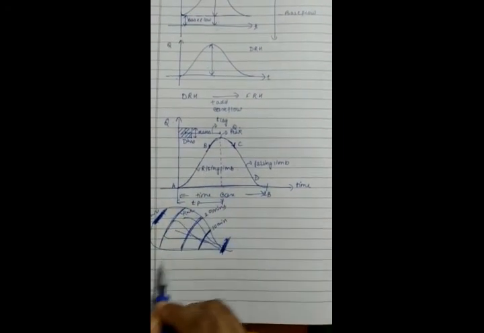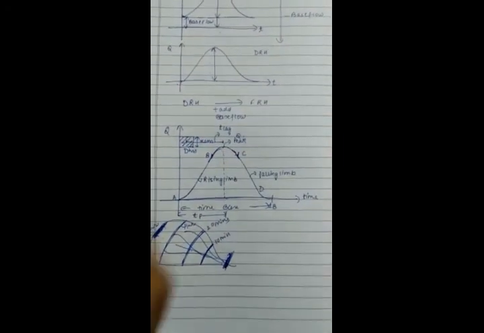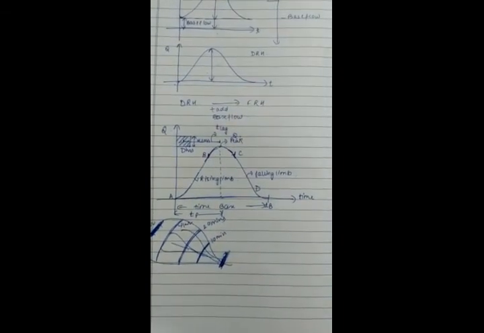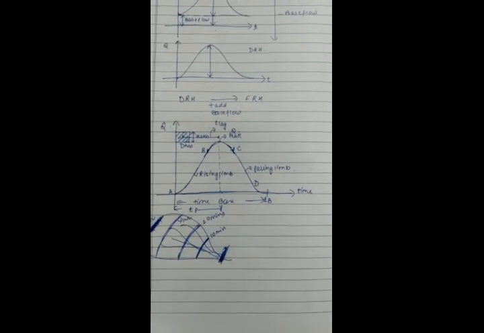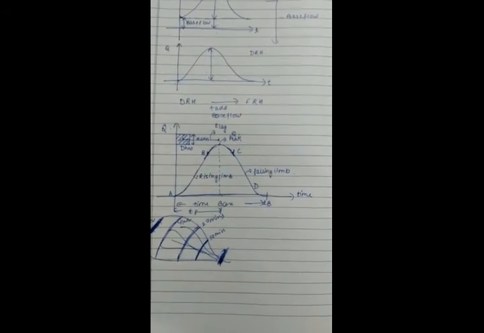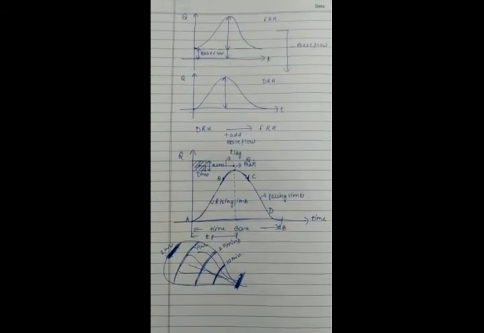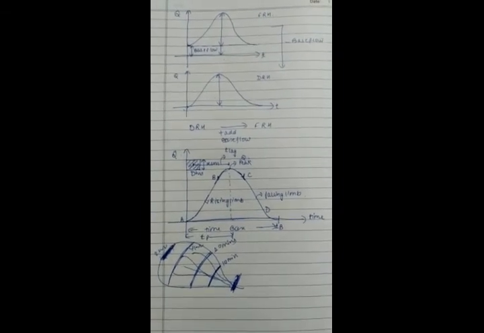In the next video, we will be discussing the factors which can affect the shape. Suppose the intensity of rainfall is varying, if the intensity is high, or if the slope is steep, how will it affect the shape of the hydrograph? And then we will discuss the unit hydrograph.